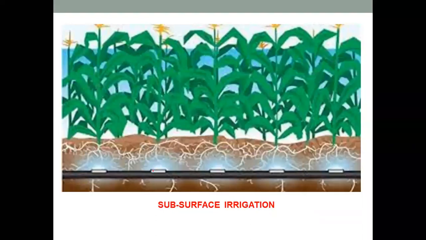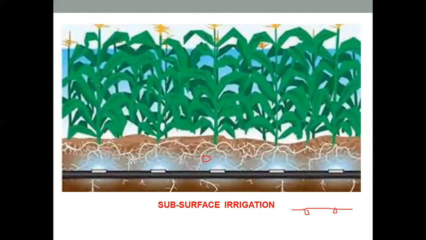So if you remember the drip irrigation method, water would just seep from the holes onto the crops. Similarly, in subsurface irrigation, we are going to provide pipes which will have holes near the root of a crop, and from that hole the water is going to be percolating, and it will directly reach the roots of